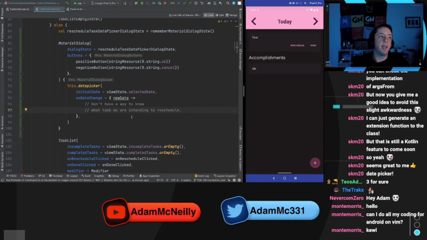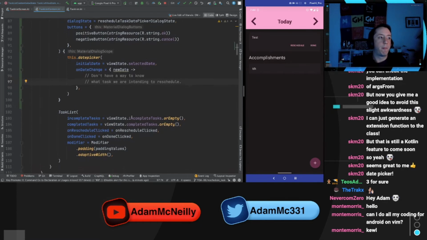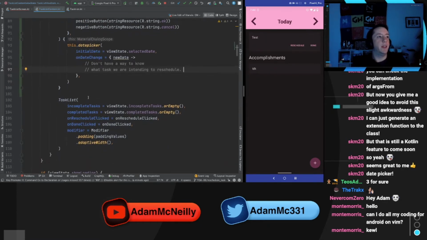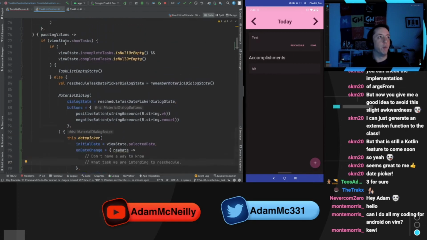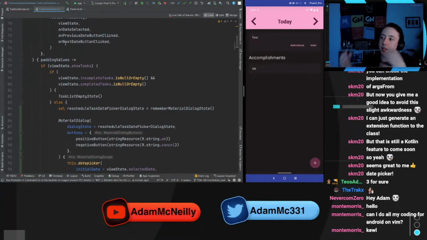So the reason I was thinking about changing the way the view model portion worked is I've been thinking about the newer Android guidelines around architecture and things like that, and they talk about the importance of state-based navigation and state-based UI updates, rather than having your view state show something like should show date picker dialog or whatever. It tries to capture what's happening as a state. And so what I think we could do,